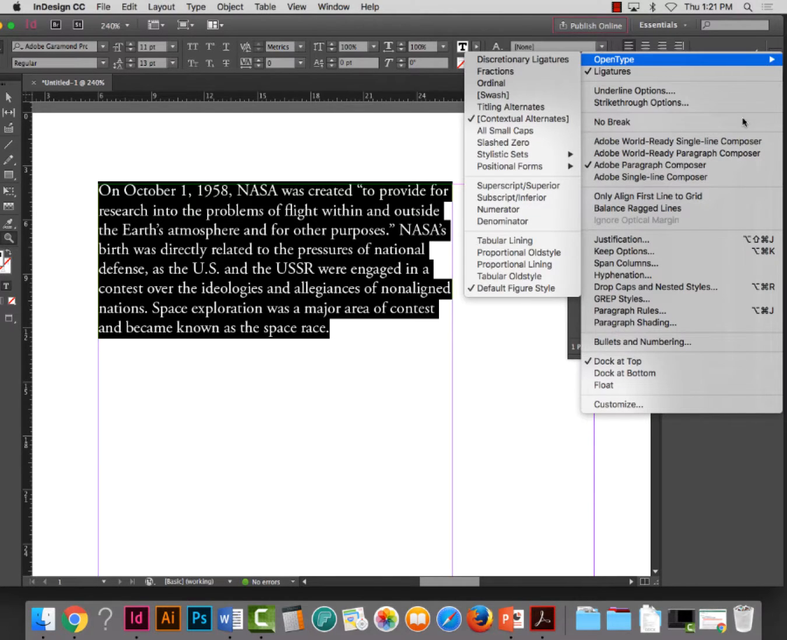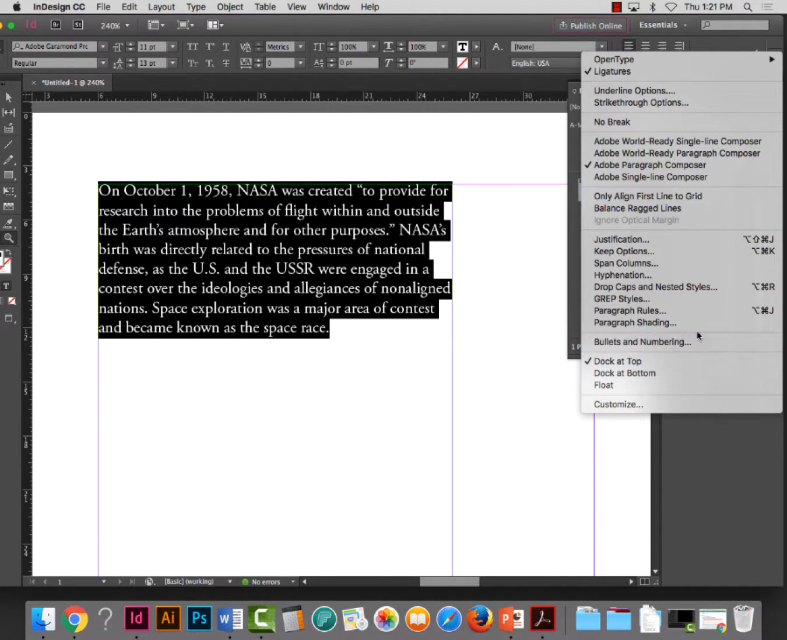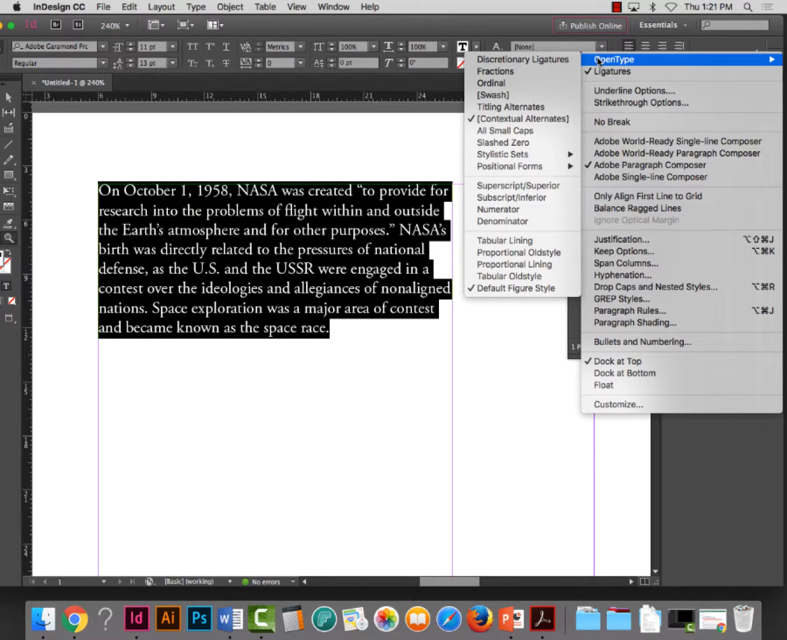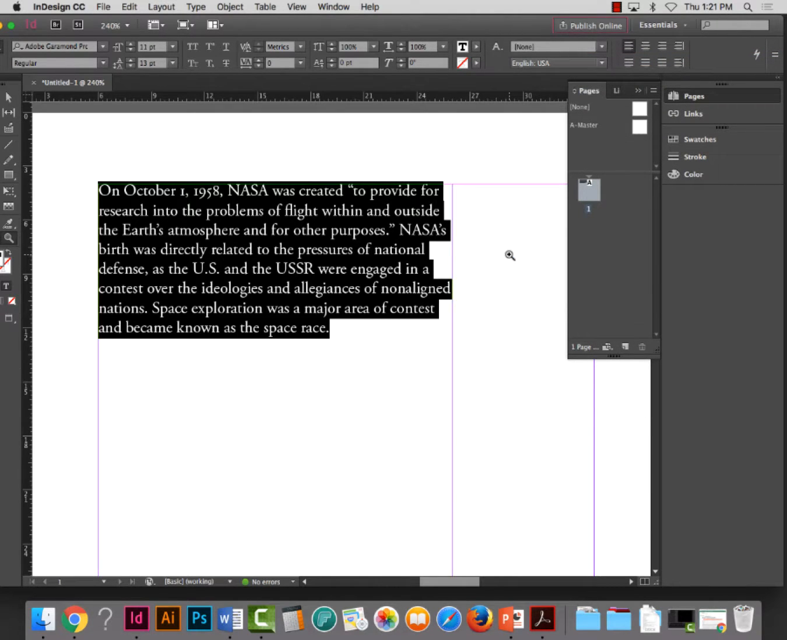Then we go to what? OpenType, the very top one. And then these are called proportional old style. So that's 4 items up from the bottom, and it'll automatically make the numbers nice and unobtrusive looking. When you have body copy, you don't want really obtrusive looking characters if you can avoid it. Everything needs to kind of flow really nicely. Okay, so once you have that altered,